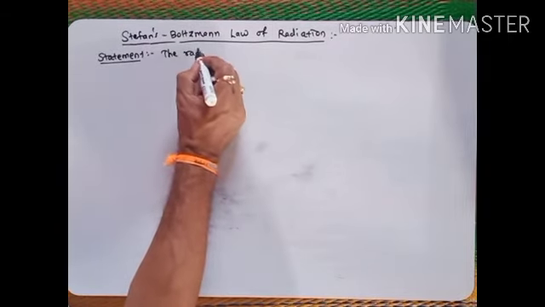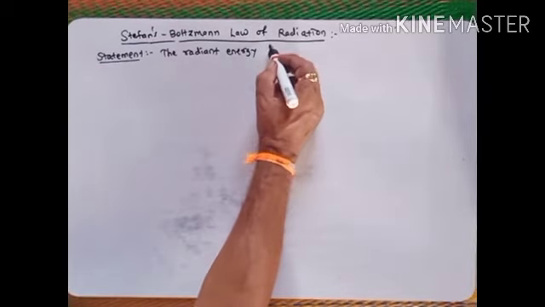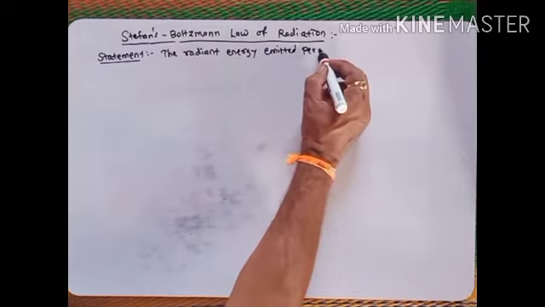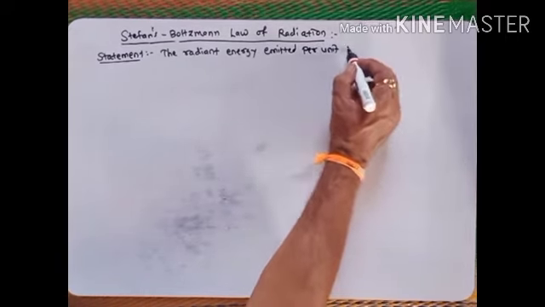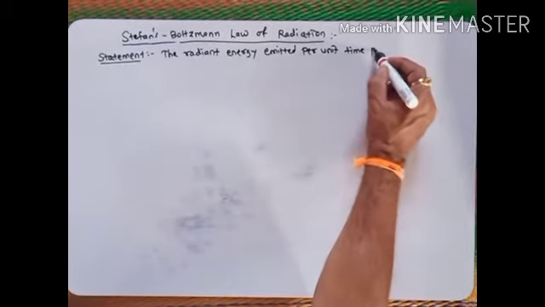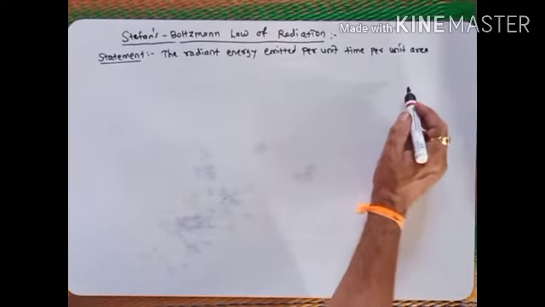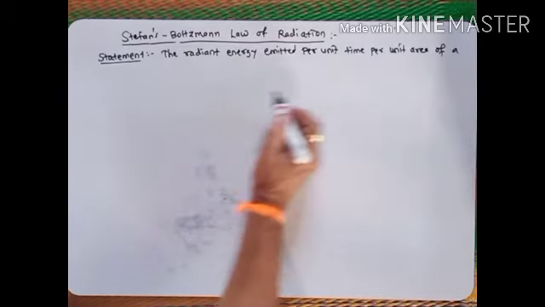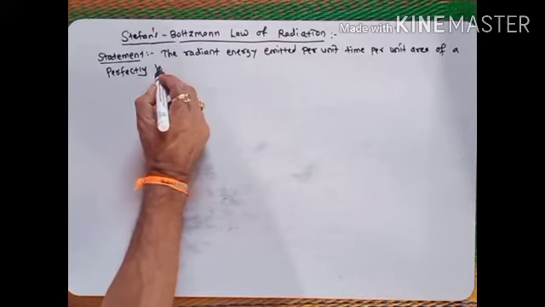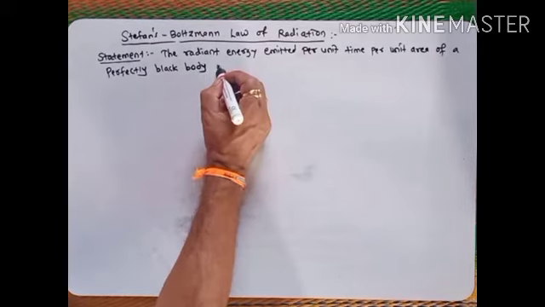The radiant energy emitted per unit time per unit area of a perfectly black body is directly proportional